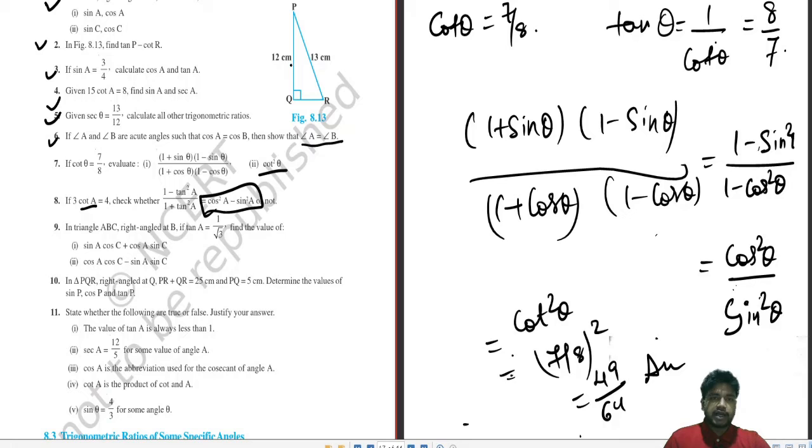From this, you can make a diagram where 4 and 3 will be P and B. Obviously, you have to check over it. Then you can get the hypotenuse, that would be 5. And from there, you can take out each and every value: cos, sin, cosec, sec, tan, cot. That will be very easy. Putting all the values in the diagram, taking it as 4k and 3k for this sum, you will get 5k as the hypotenuse, and you can solve every part of the sum.